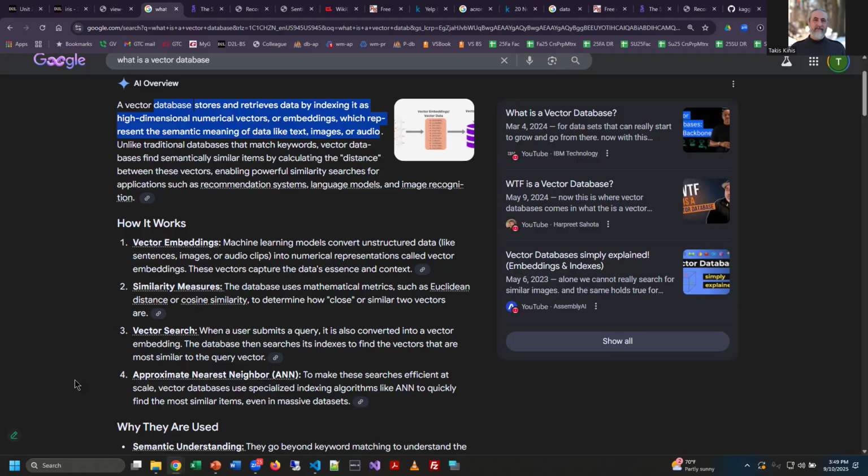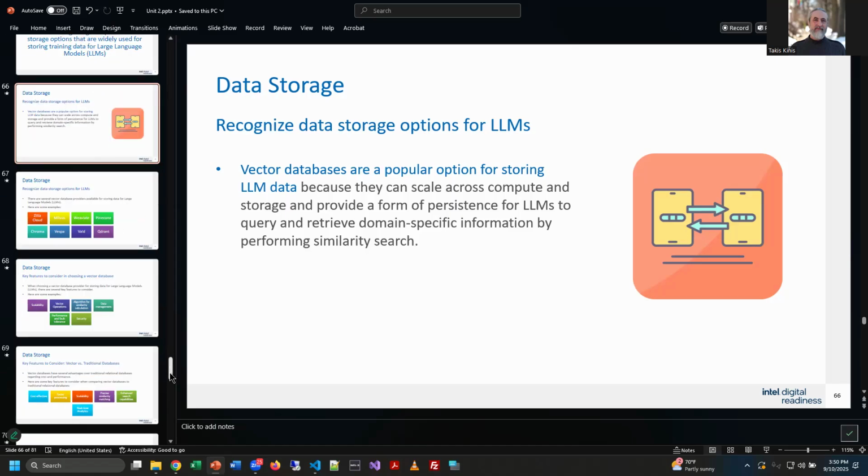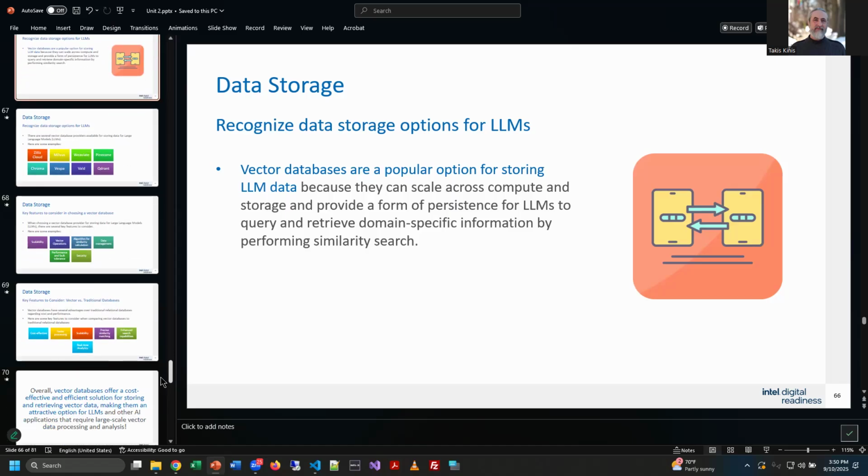And so now when you start to think about large language models and what those are supposed to do, or process natural language, it's all about meaning, right? So this database structure becomes really ideal for doing large language models, because they're built in a way that language is built. It's a way to think about it.